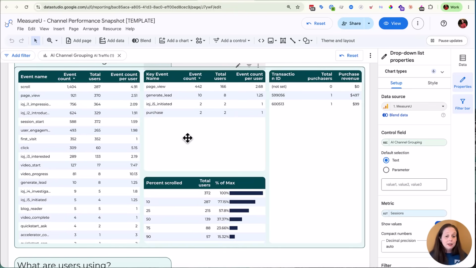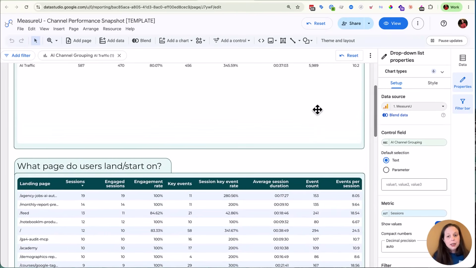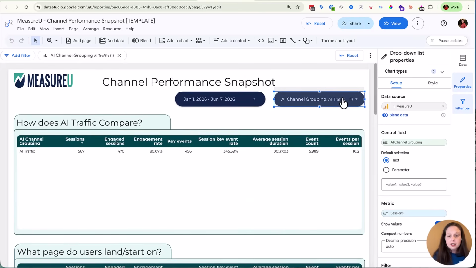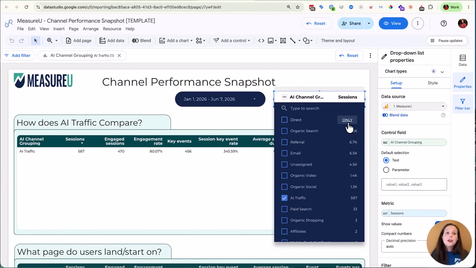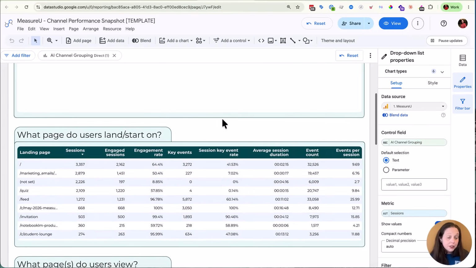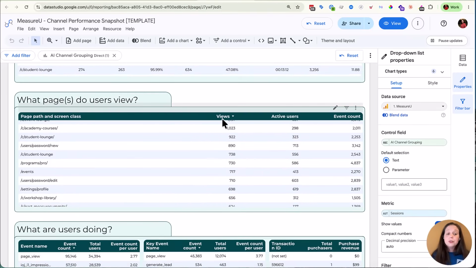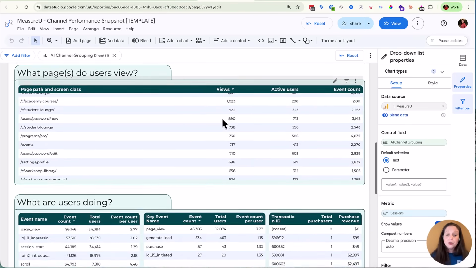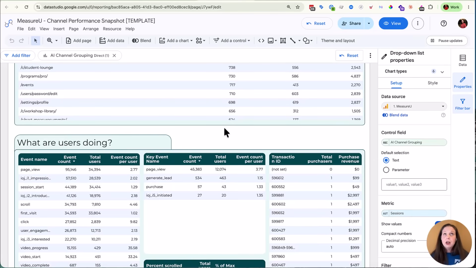Now, if that was important to us, like maybe I filtered by a sales page and I knew the CTA was at 90%, that would be really important to me, because then guess what I could do? I could go back up and use the handy dandy little filter and say, well, what does my direct traffic do? Because as you may or may not have already heard, direct traffic, if you don't label your AI traffic correctly or group your AI traffic directly, it's going to show up in direct. And even if you do that, there's still a lot of AI traffic in direct.